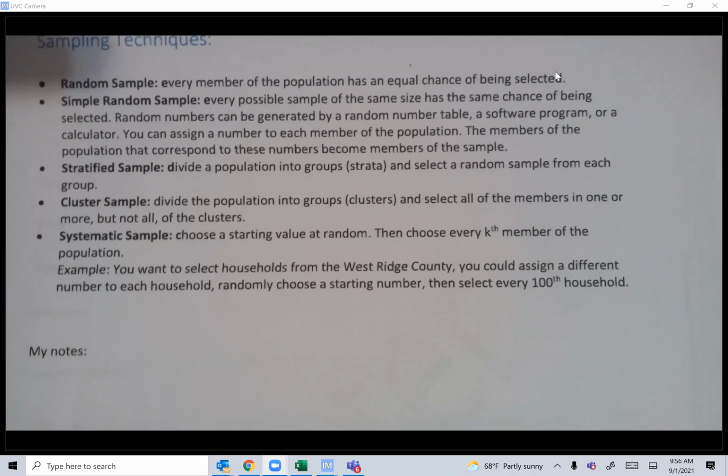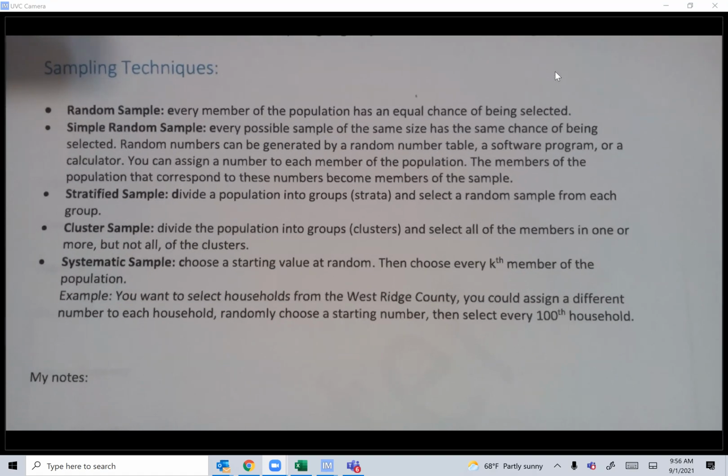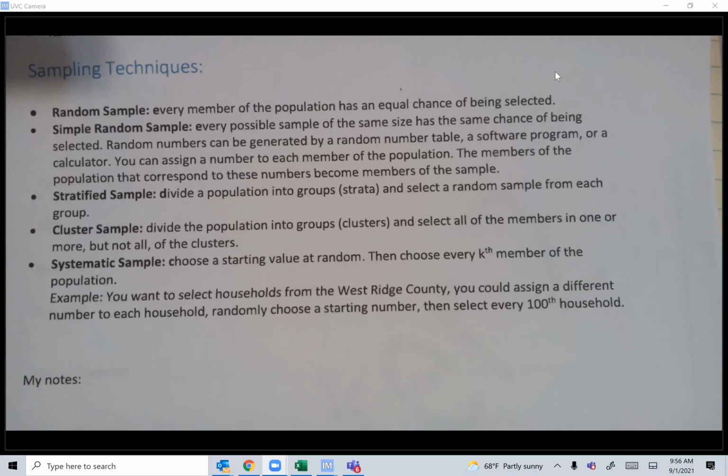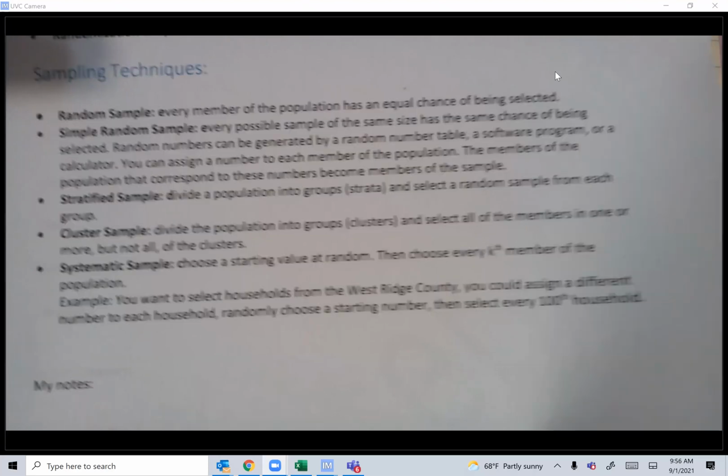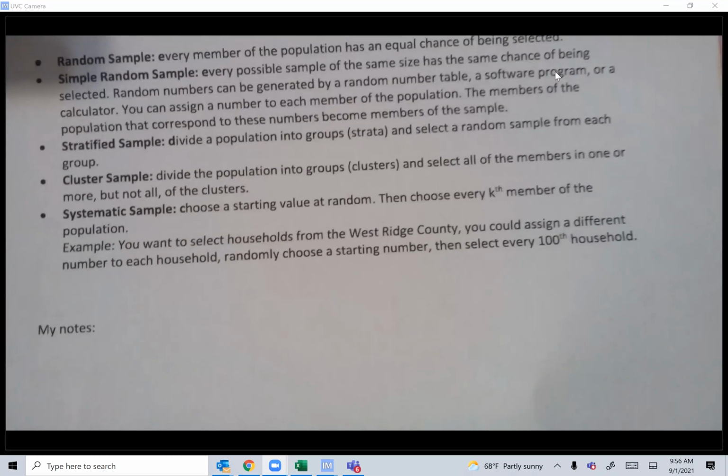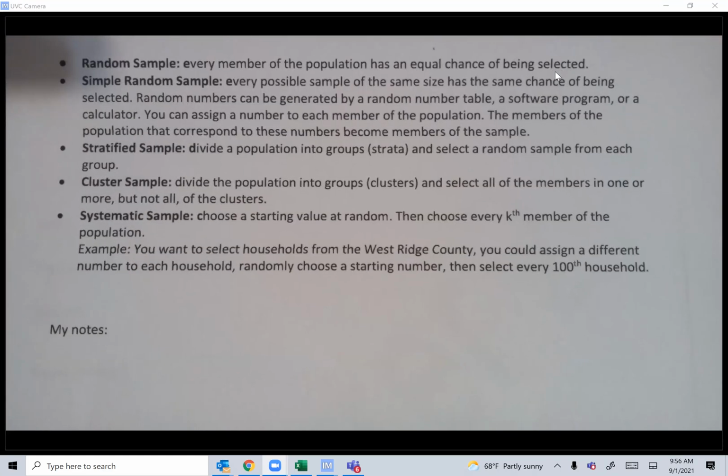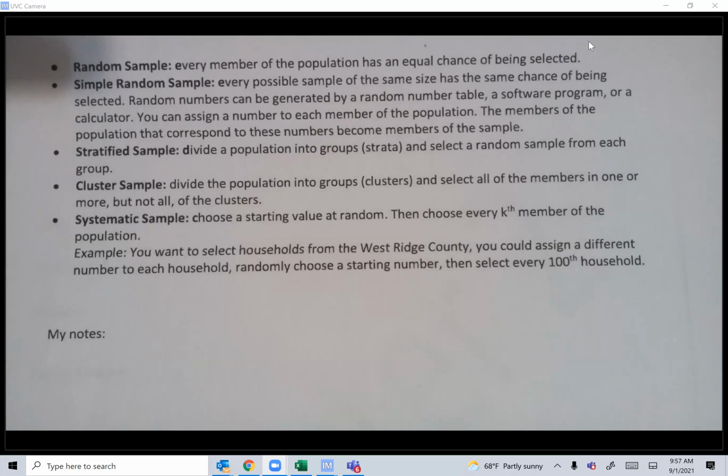Sampling techniques, guys, I summarize all of them right here. Random, simple, stratified, cluster, systematic, and probably I didn't put the convenience sample there, but yeah. And that's it for chapter